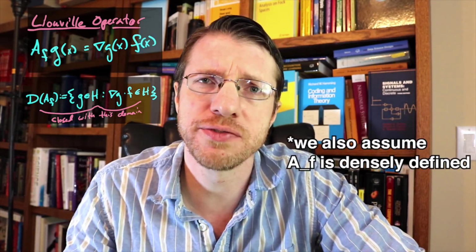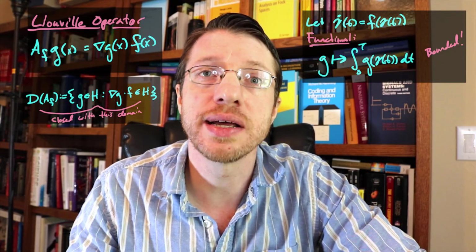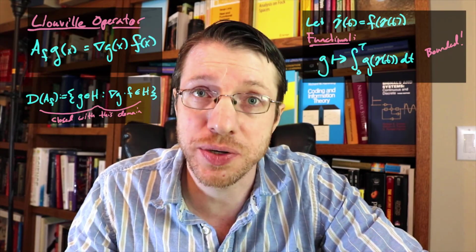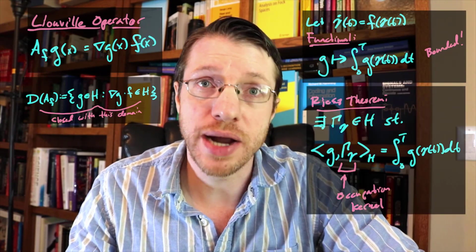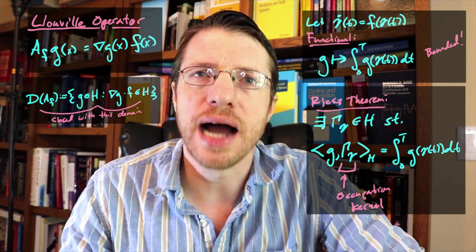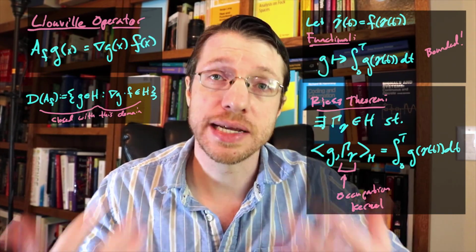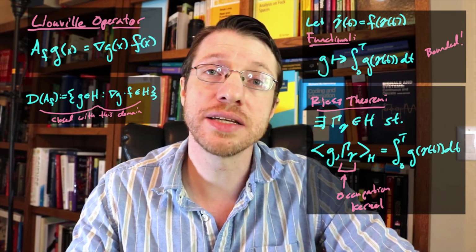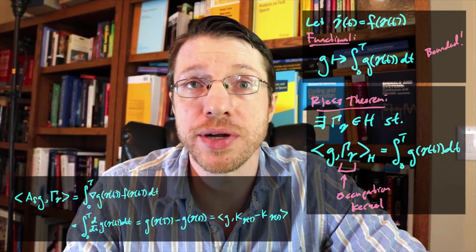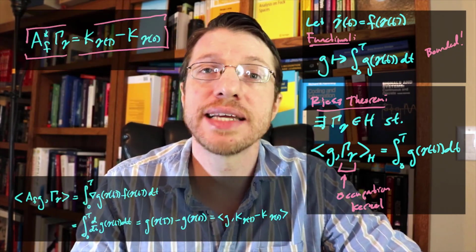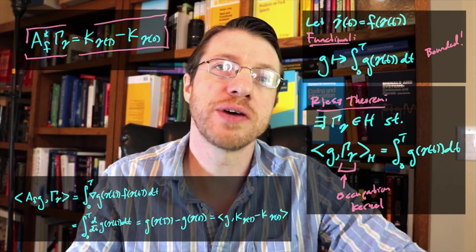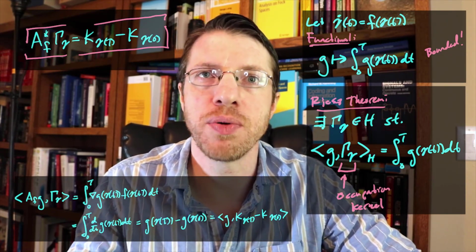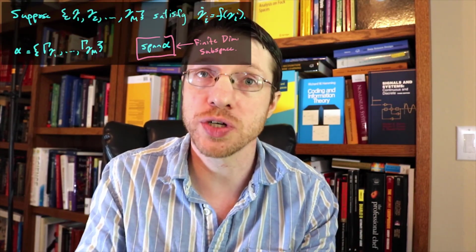Turns out if we take a look at the function that represents integration after composition with a trajectory from our dynamical system through the inner product in the Hilbert space, and we'll call this function the occupation kernel corresponding to our trajectory, it turns out that this occupation kernel is in the domain of the adjoint of this Liouville operator. Moreover, the adjoint of this Liouville operator gives us the difference of two kernel functions centered at the various endpoints of that particular trajectory.